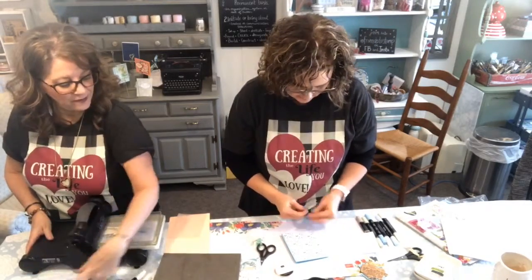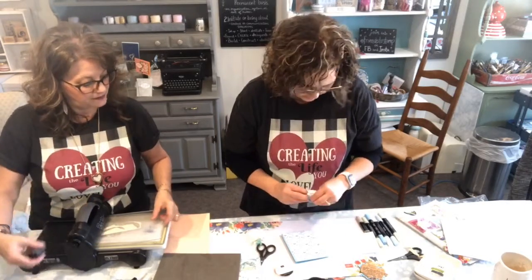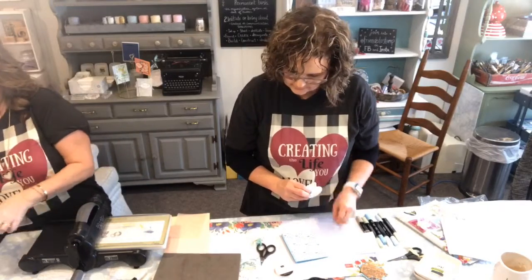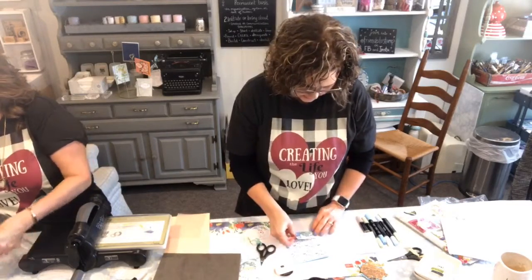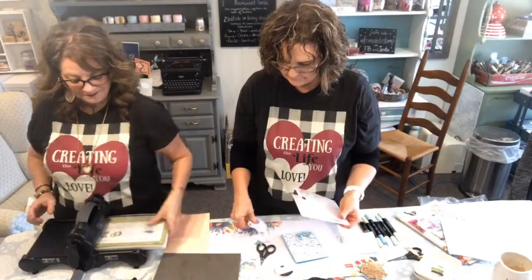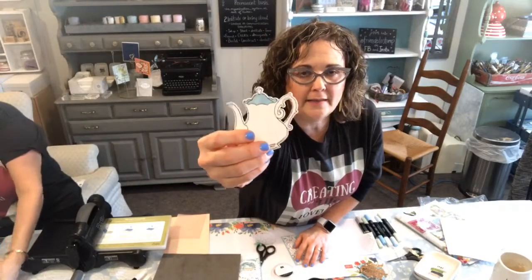You need to run that through the embossing thing? No, I'm not going to. Well, I could. I can emboss it for you. Yeah, you can emboss it. I'm done now. I don't think I need to do anything, because I thought there was something I needed to emboss. Yeah. Okay, and then I stamped the teapot on the shimmer again, cut it out,